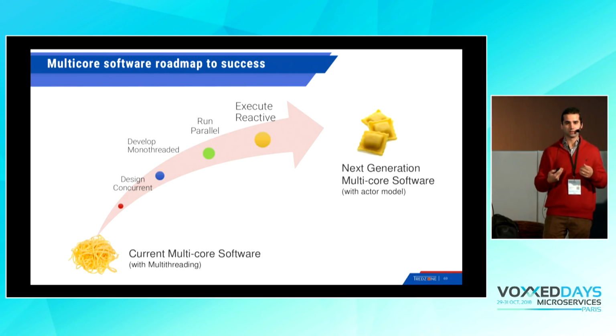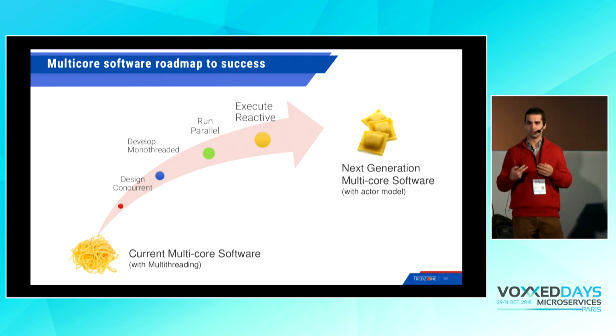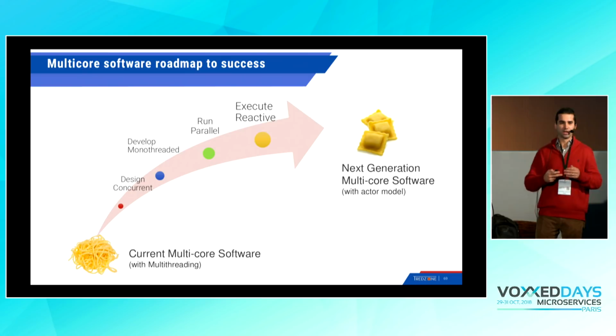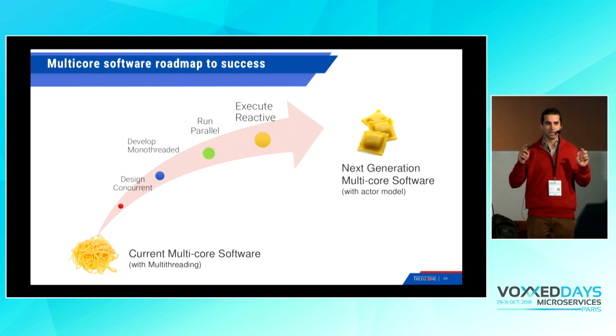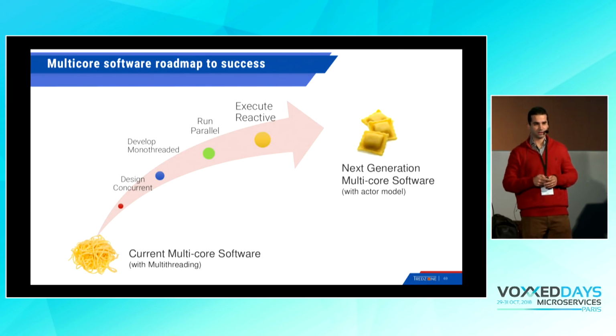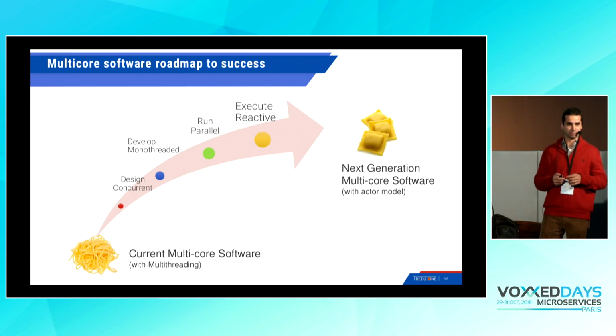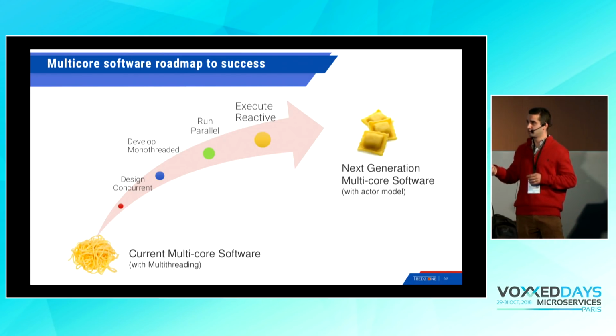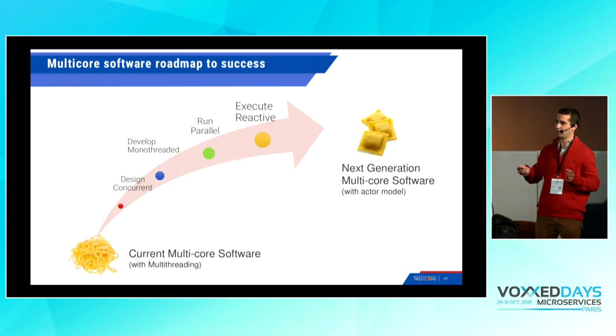But we as humans, our brain is very good at developing in a sequential way, not parallel or multi-threaded. It's very hard to develop a multi-threaded application that is bigger than 7 threads. This is completely neuroscience. It's called Miller's law. 7 threads, we cannot do better. So we want to develop monothreaded. So what we provide in Simplex is actually monothreaded development for a concurrent design.